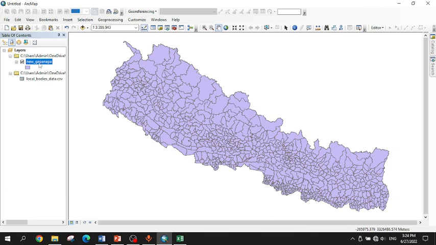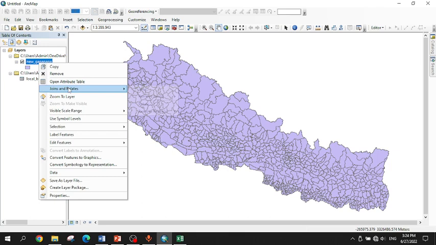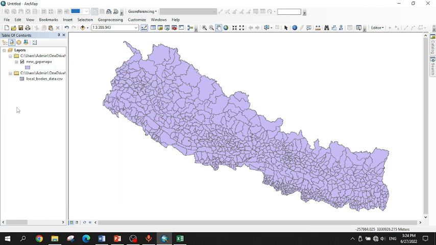So in this case, if you right click here and go to join, you can see the option for the remove join. So in this way, by editing the mistake name, you can join, and you can remove and join. So after finishing